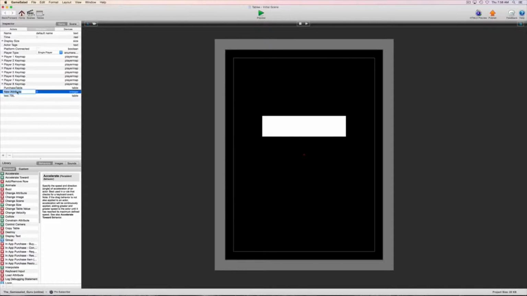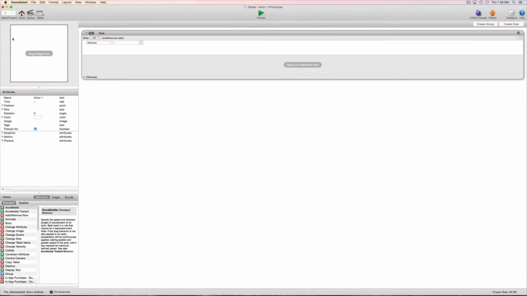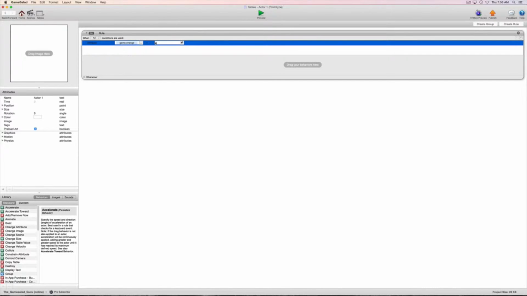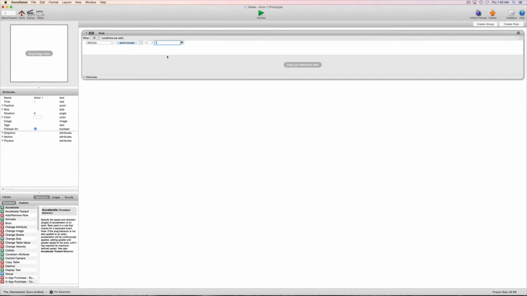We'll make one and just call it change, just to give it a name. And we'll go back in and say when attribute game.change equals 1,